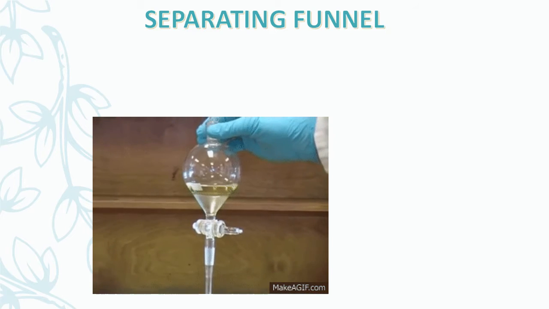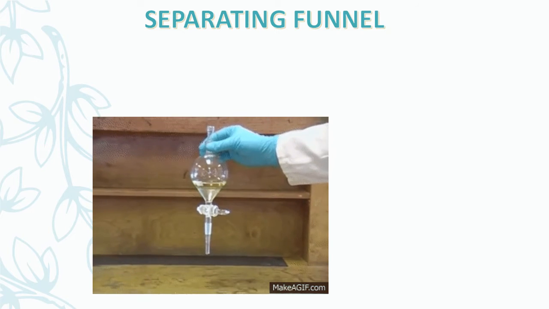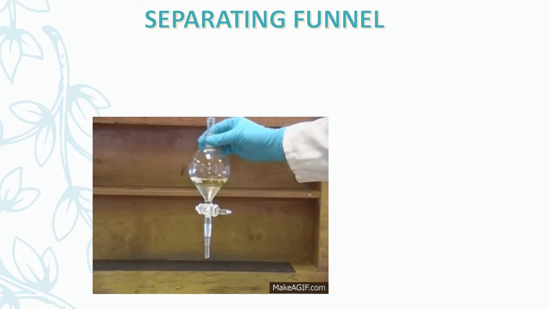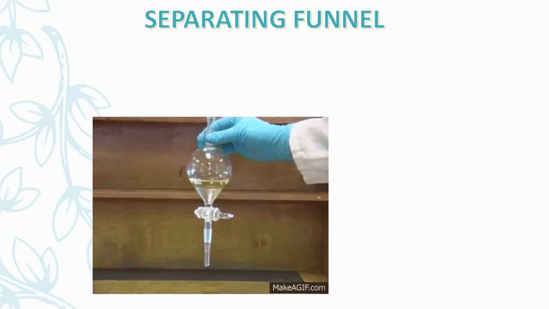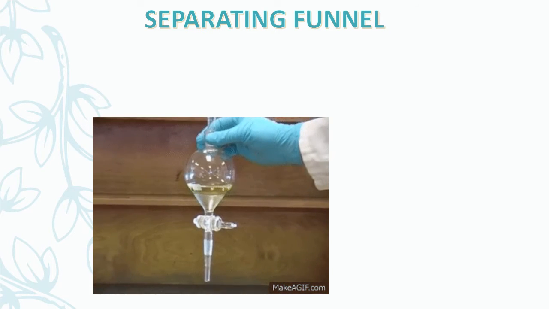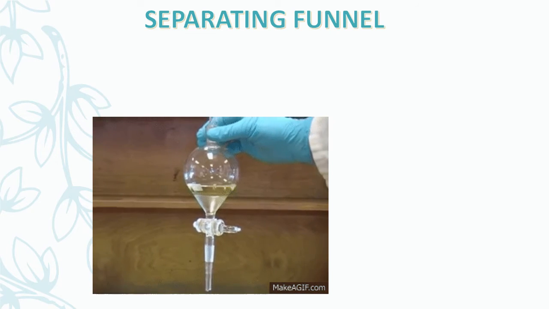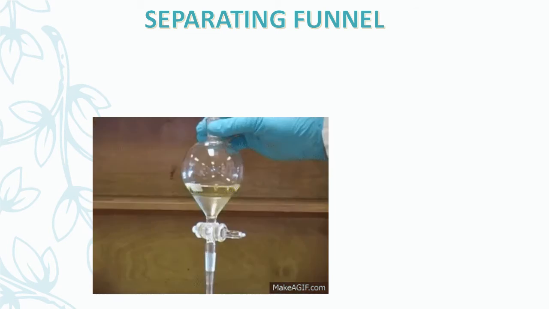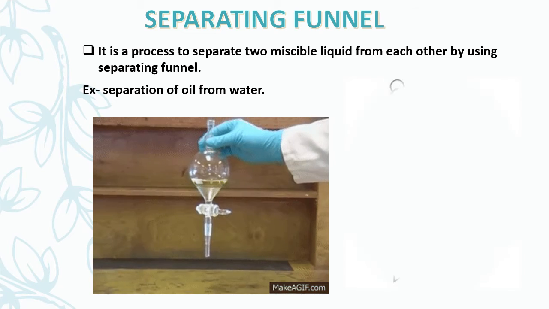Open the stopcock of this separating funnel and pour out the lower layer of water carefully. Close the stopcock as the oil reaches it. So this is applied to separate the mixture of oil and water. It is even useful in the extraction of iron from its ore. The lighter slag is removed from the top by this method to leave the molten iron at the bottom in the furnace. The basic principle of this method is that immiscible liquids separate out in layers depending on their densities.